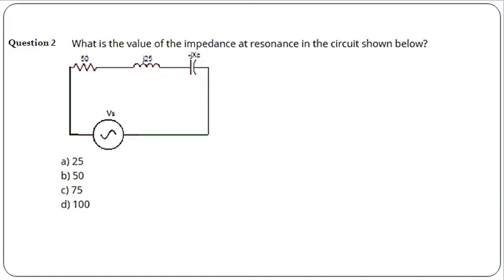Okay, now let us see the next question. What is the value of the impedance at the resonance in the circuit shown below? Again, this is a series RLC circuit. When resonance occurs in a series RLC circuit, we know that X_L is equal to X_C. It means inductive reactance and capacitive reactance are equal in magnitude, so they neutralize each other's effect. The impedance for the series RLC circuit is given by R plus j(X_L minus X_C). If X_L is equal to X_C at resonance,